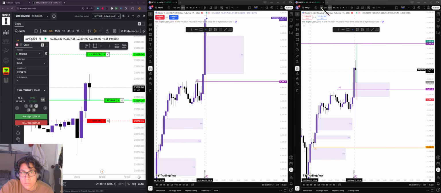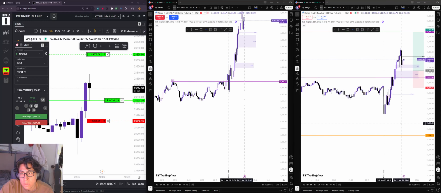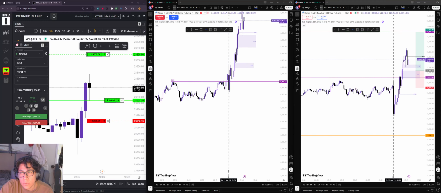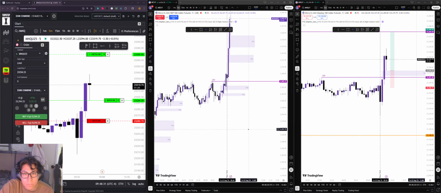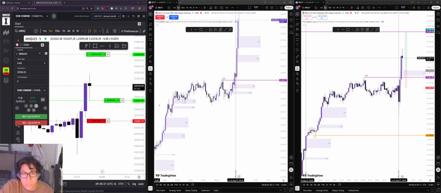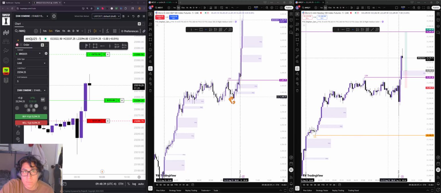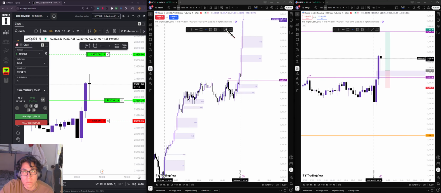So if we go to the 1 minute, no, we go to 5 minutes maybe. Yeah, 5 minutes is probably better. So at open, we failed to take out these lows here in MES, but we did in MNQ. That's an SMT divergence right there. Let me see if I can mark it out. So right here,